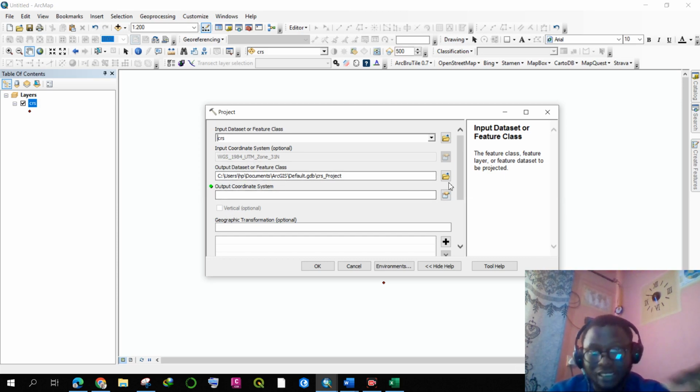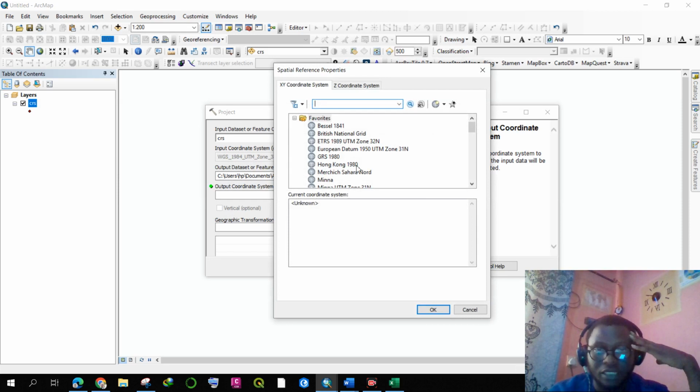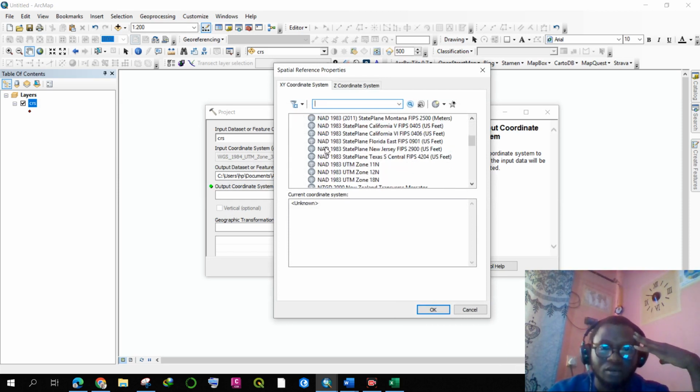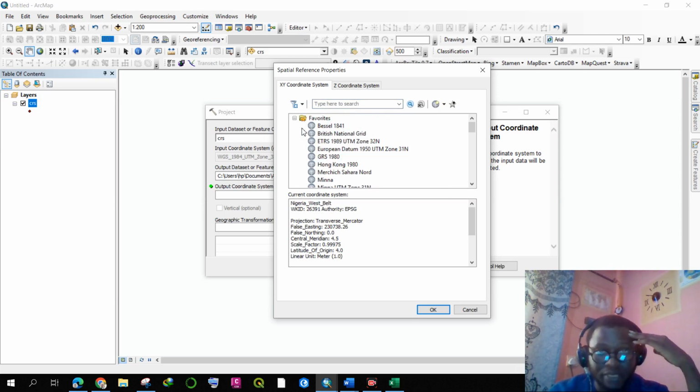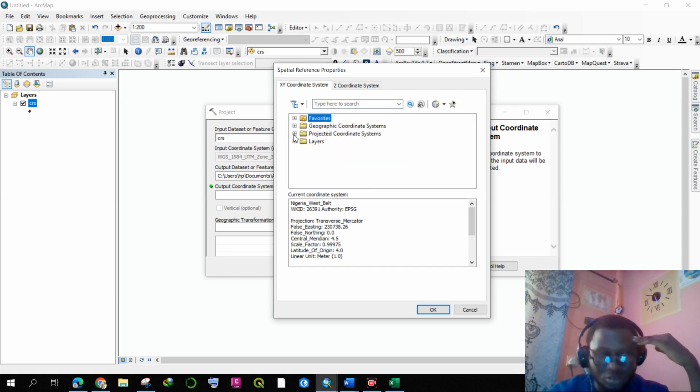So the output, I don't care about this. What I'm after is the output coordinate system. So you click on this. Now I want to convert this to Nigerian West Belt. I have this already. We have Nigerian West Belt, Mid Belt, and so on. You see them now because I've saved them under my favorites. But in case you are looking for that, you can just go to your projected